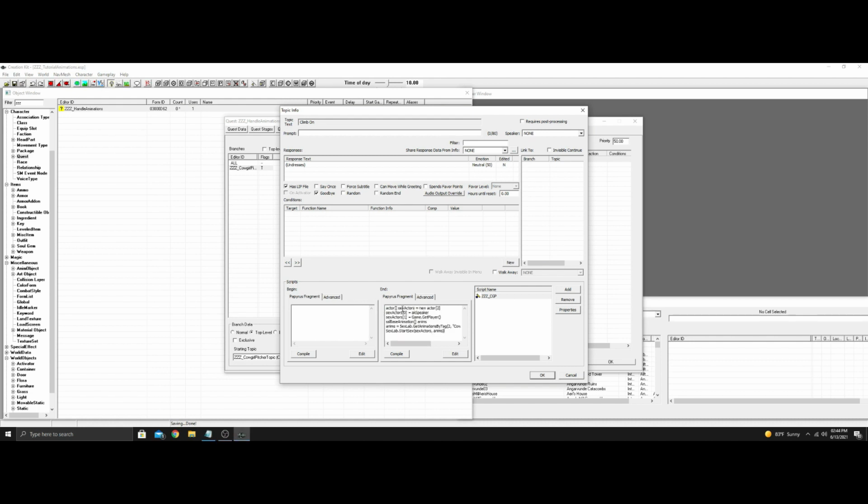Paste it into here and compile it. You shouldn't have any errors if you've done everything properly. Now I'm going to show you here. It shows you, actors are going to be the speaker and the player. And everything else, I'll explain in a bit why that's all here. So if we hit OK,